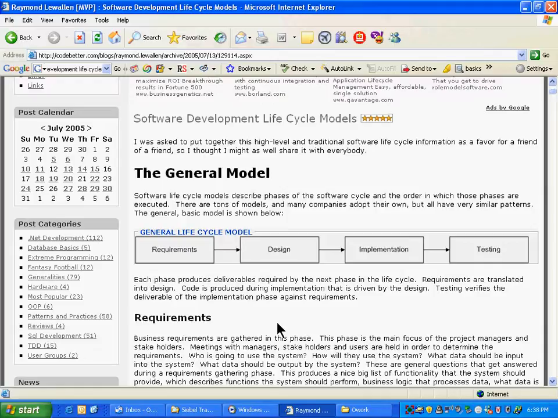I'm trying to give you an idea what a requirements gathering session looks like. You meet with users, you talk to them, you find out what they need. Similarly, the design is you basically make a complete design in a Word document or something. Implementation is you talk to the developers. Developers basically write the code. Just see some 10 developers or 3 developers sitting there writing the code. In the testing part, just see 1 or 2 testers or 3 or 4 testers testing the application and making sure that it's working properly. Then there is a production rollout.